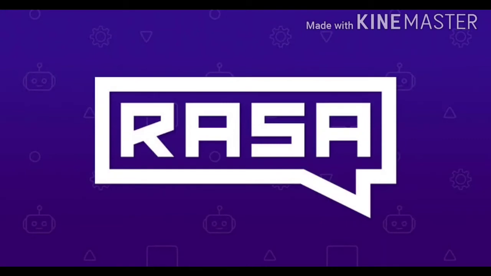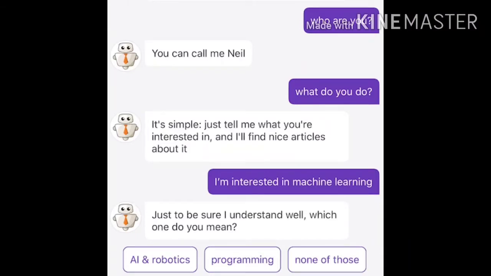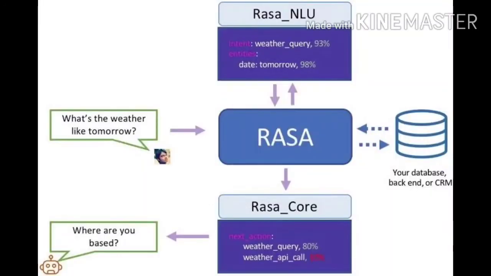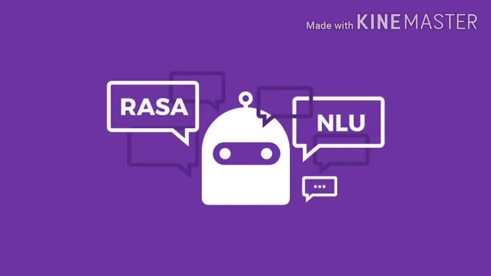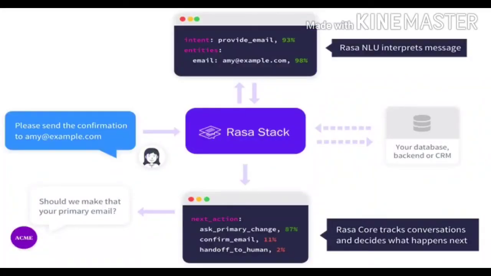As I already told you, Rasa Core is a chatbot framework with machine learning based dialogue management, which takes the structured input from NLU and predicts the next best action using a probabilistic model like the LSTM framework. LSTM is a long short term memory neural network. Both Rasa NLU and Rasa Core are independent, and one can use NLU without Core and vice versa. NLU is natural language understanding, though Rasa recommends using both.